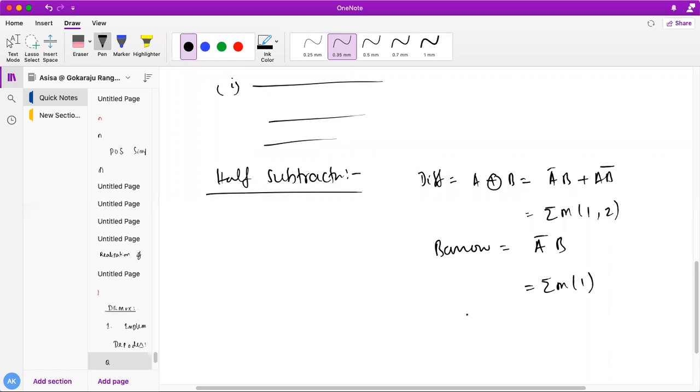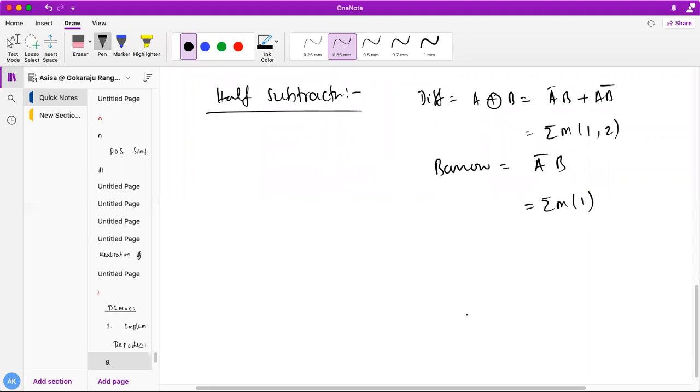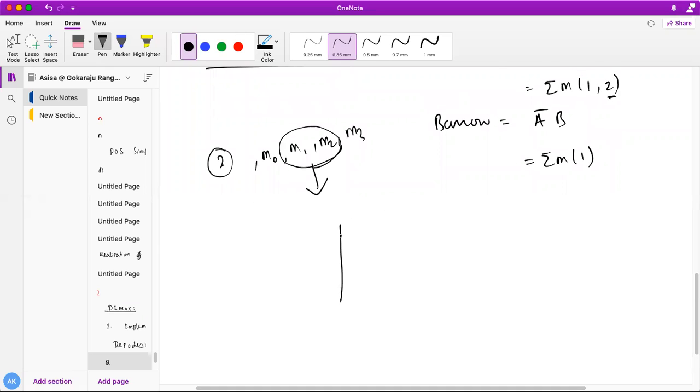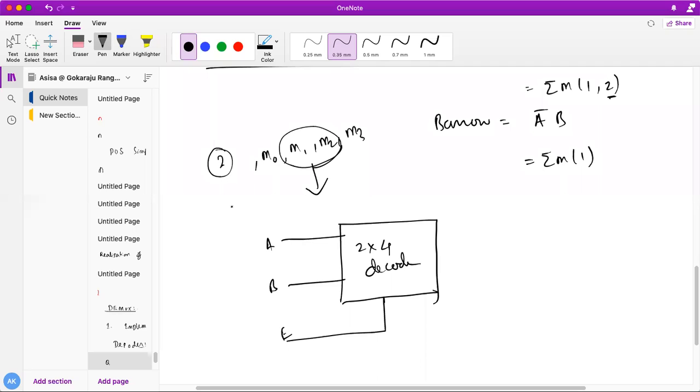Okay, so how to design this now? I am going to design it with the help of a 2 cross 4 decoder. As we know, what is the maximum minterm required? 2 here. So 2 can be obtained by what? How many variables are required for this? 2 variables required. So what are those? M0, M1, M2, M3. But out of this, we just need M1, M2 to design the half subtractor. Okay, so see here what I am doing. So it is having my 2 cross 4 decoder. In the 2 cross 4 decoder, this is active high enable. And these are my two inputs AB, as I have recently told, in order to get M2, because we need maximum M2.